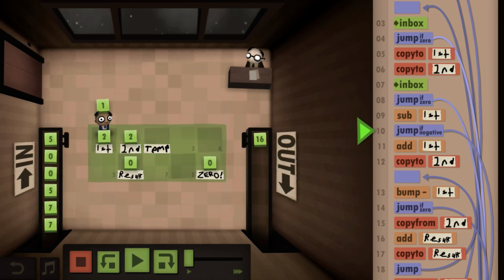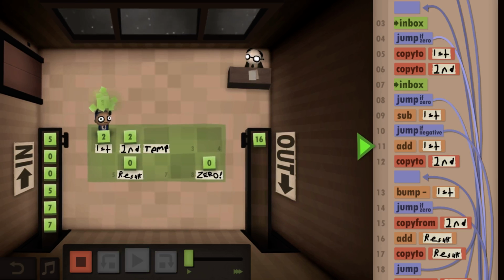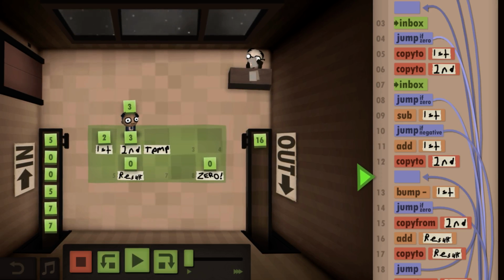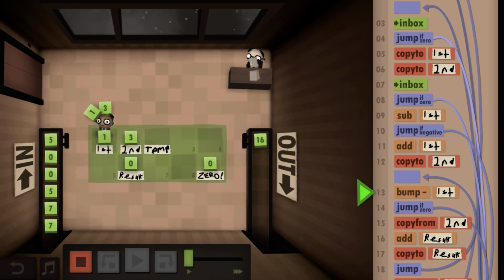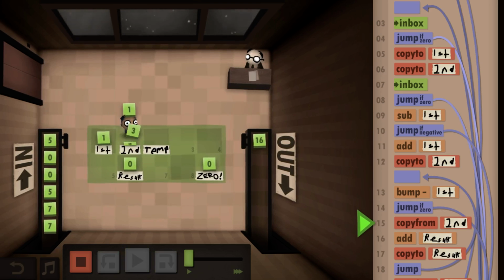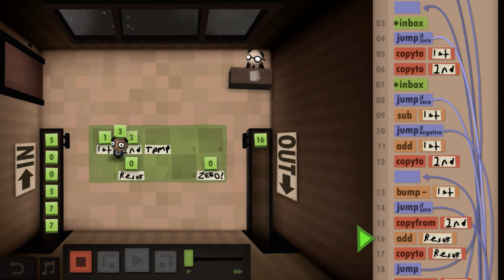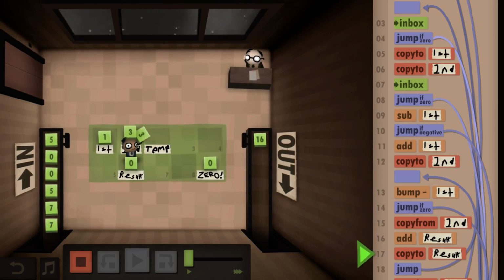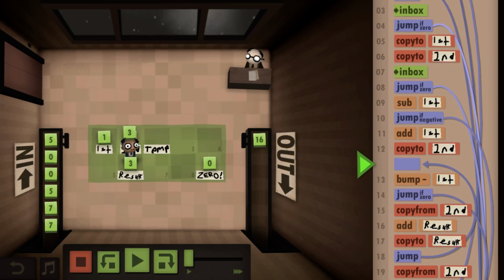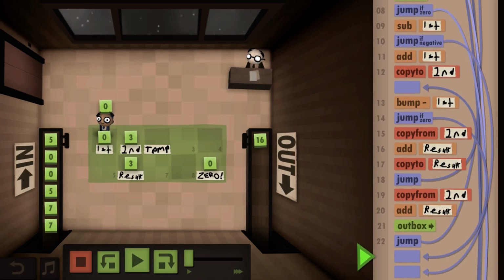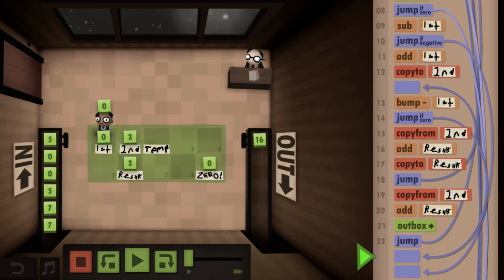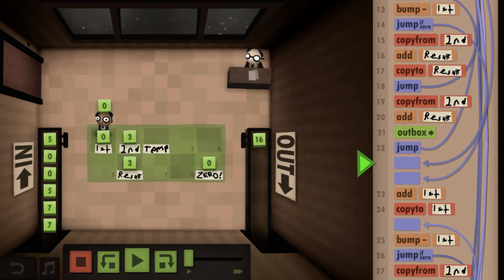We find out the 3 is bigger. We add it to get the 3 back and we put it there. That's right. And then we bump this down. We should get 6. We add that, that's 3. We bump it down. And at this jump, we should...